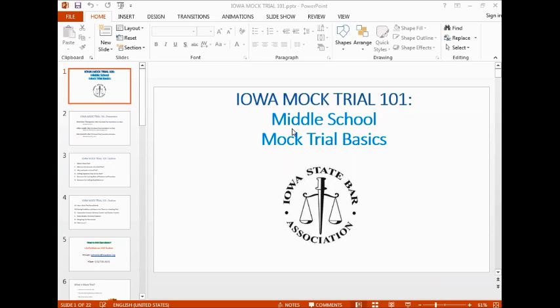So even though you take the kids' opinion into account, I do think it's important the coach at least seemingly be the final decider of who gets what part, because you want the kids to just be taking the instructions from the coach, not bickering amongst themselves over who should give a closing argument, who should be the expert witness, this, that, and the other thing. I mean, try to do it as fairly as possible.